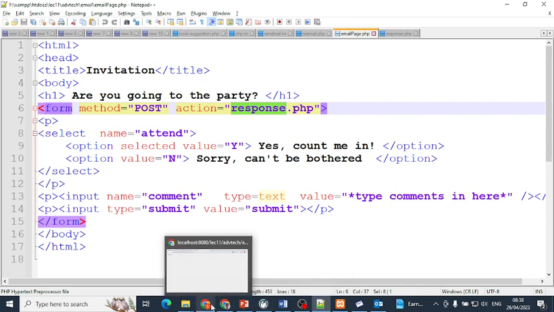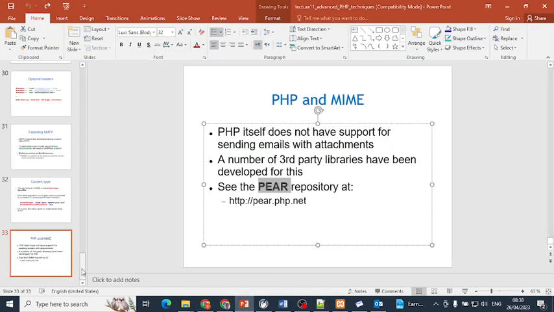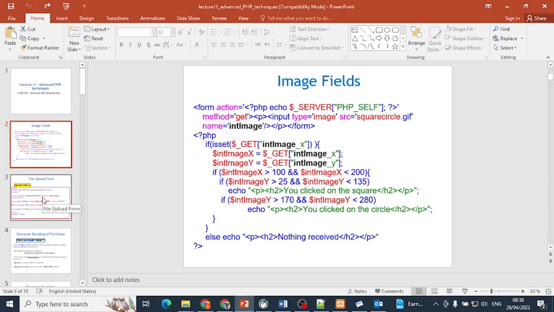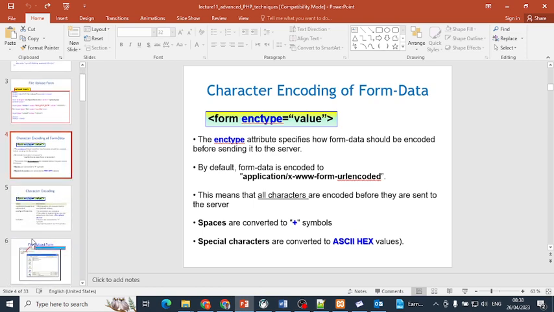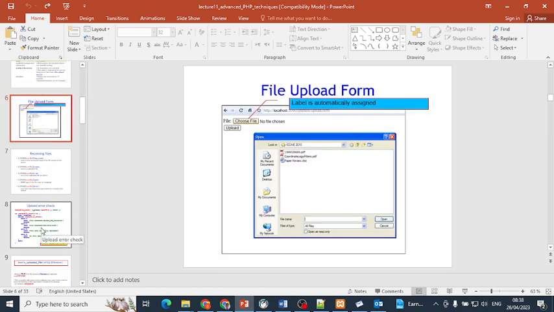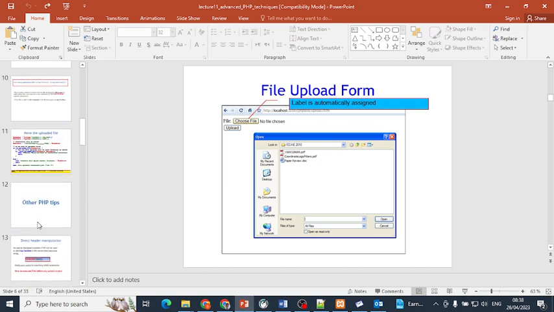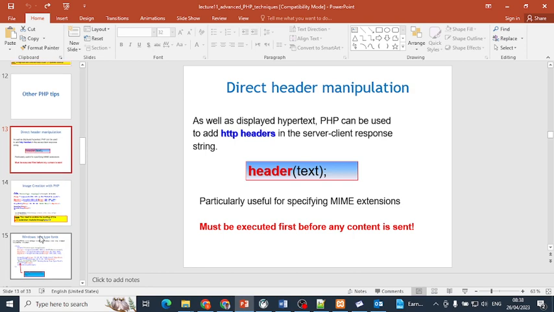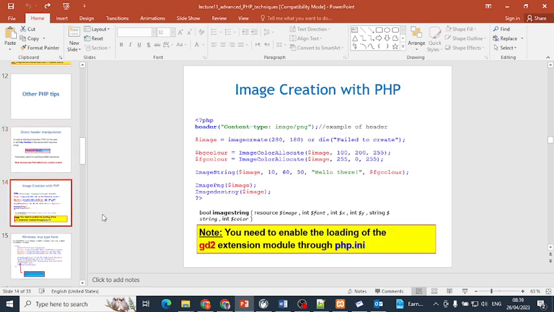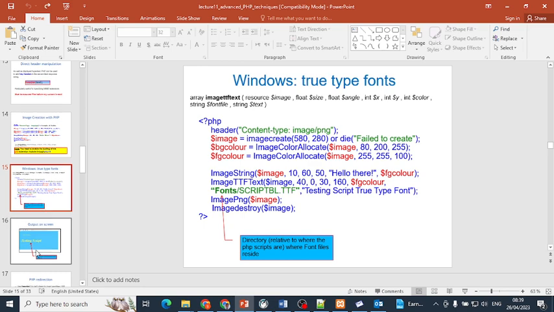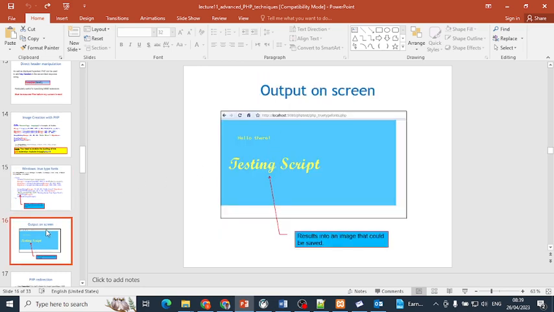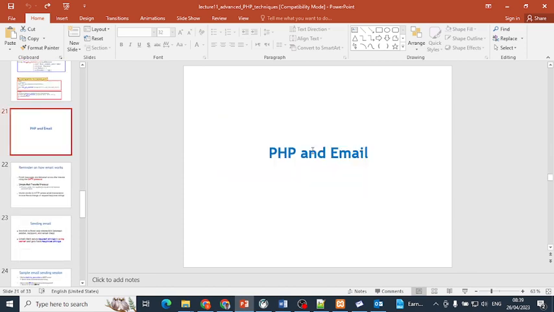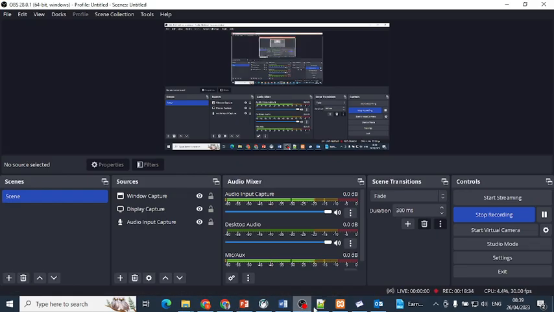Okay, so this lecture 11 is about that one only. Okay, so graphics, image files, how you use, uploading the files, then displaying the fonts. I have used this one, fonts, how to display the fonts, redirecting to some other page, images, how you can display like this. Lastly, this is our task PHP and email in this lecture. Okay, so today